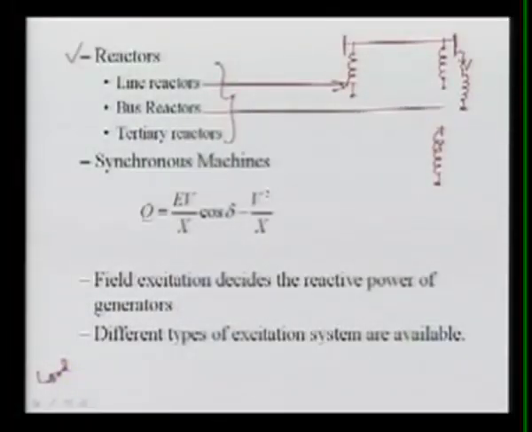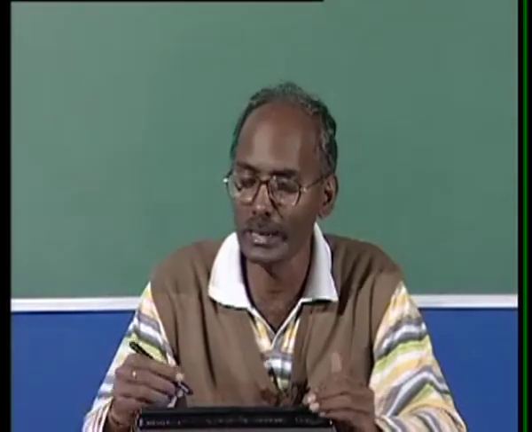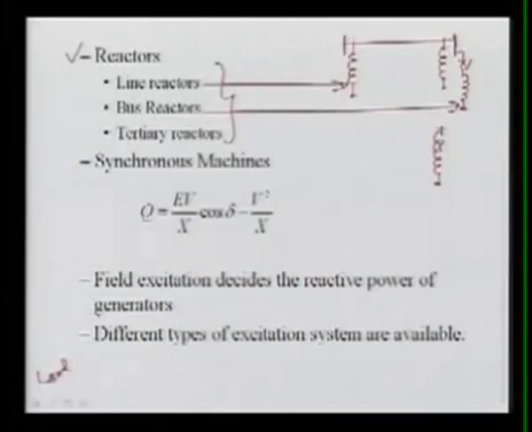They are connected at the bus, and normally they are connected in the substation. So this is your bus reactor. The primary objective is to maintain the voltage. Suppose your line is going to be energized, this is your circuit breaker, your line is, let's suppose, in the off condition,